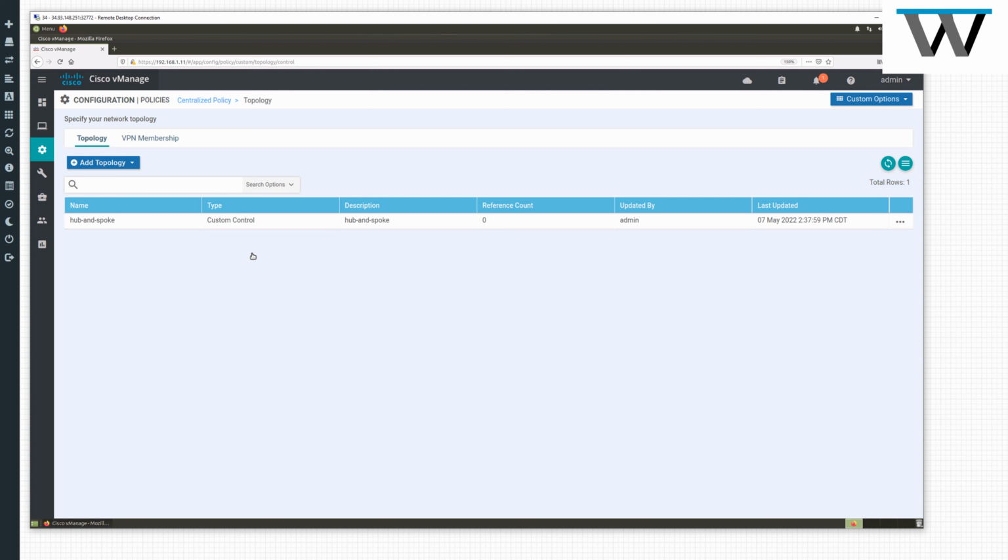But now the question is, we have defined site list, and site list is nothing but as good as your access list. We have defined the topology policy, which is nothing but as good as your route map, right? The third thing, which is another important thing, now I need to apply this policy on the vSmart in outbound direction and exactly to my spokes. Okay, so